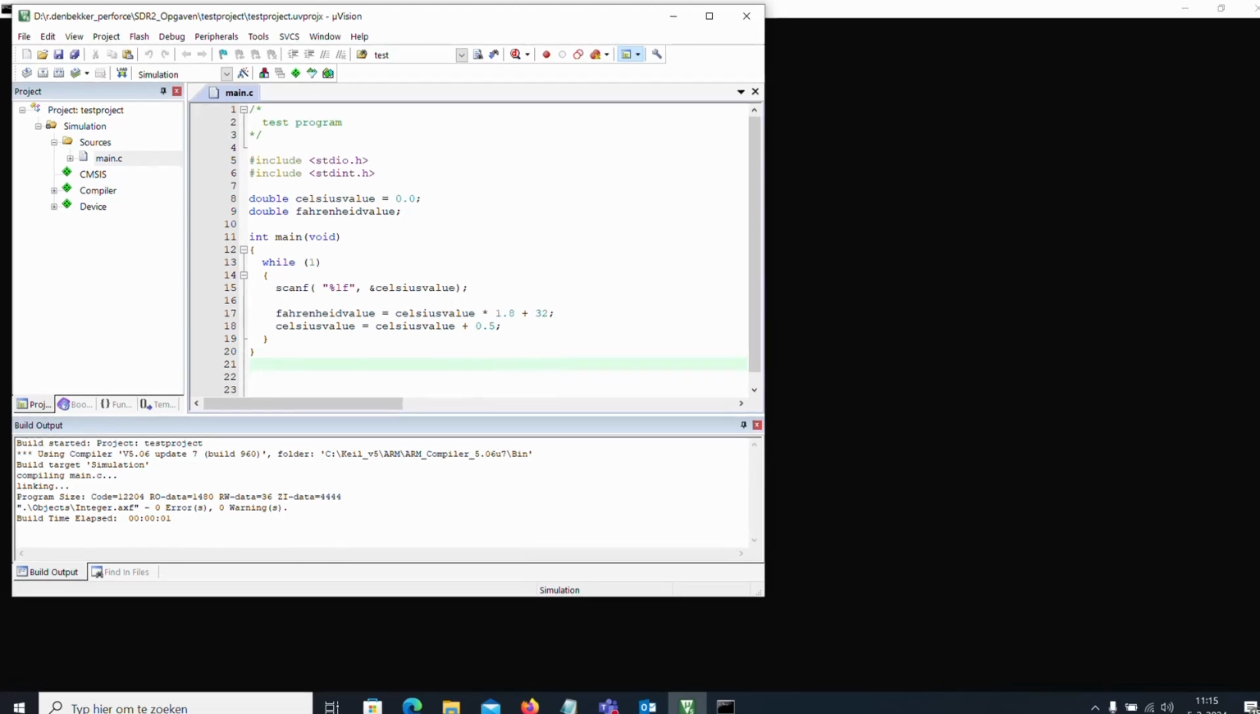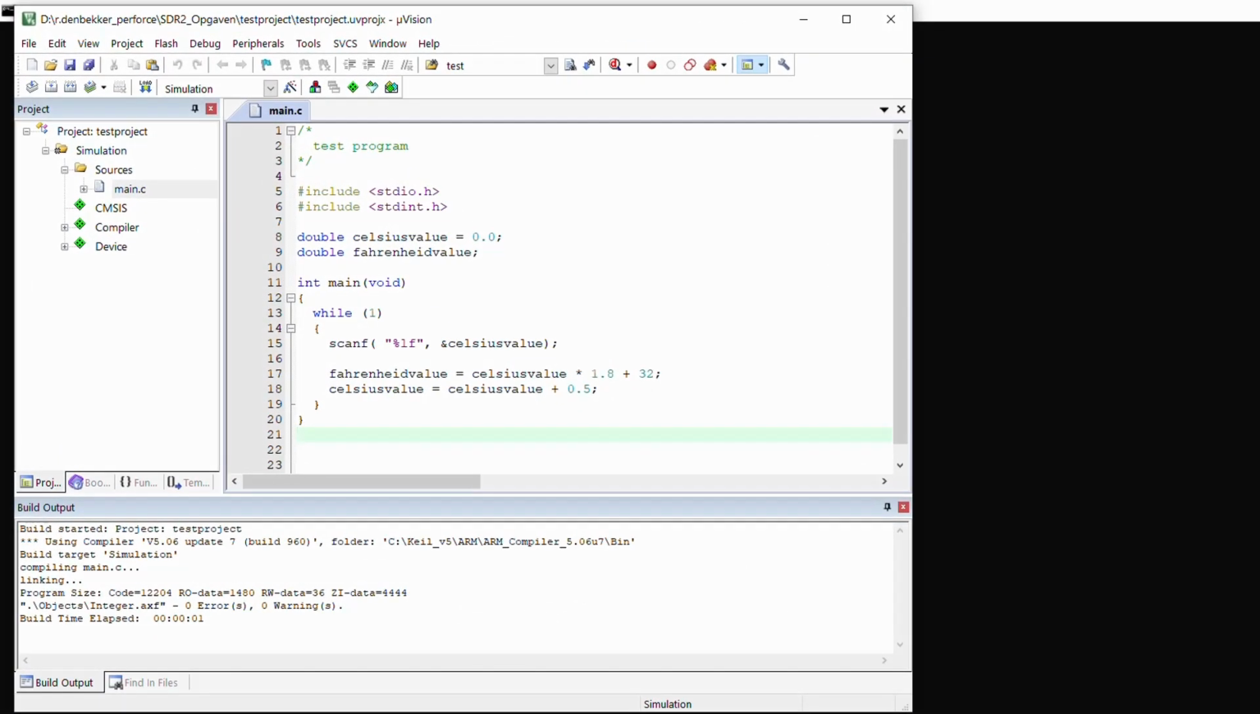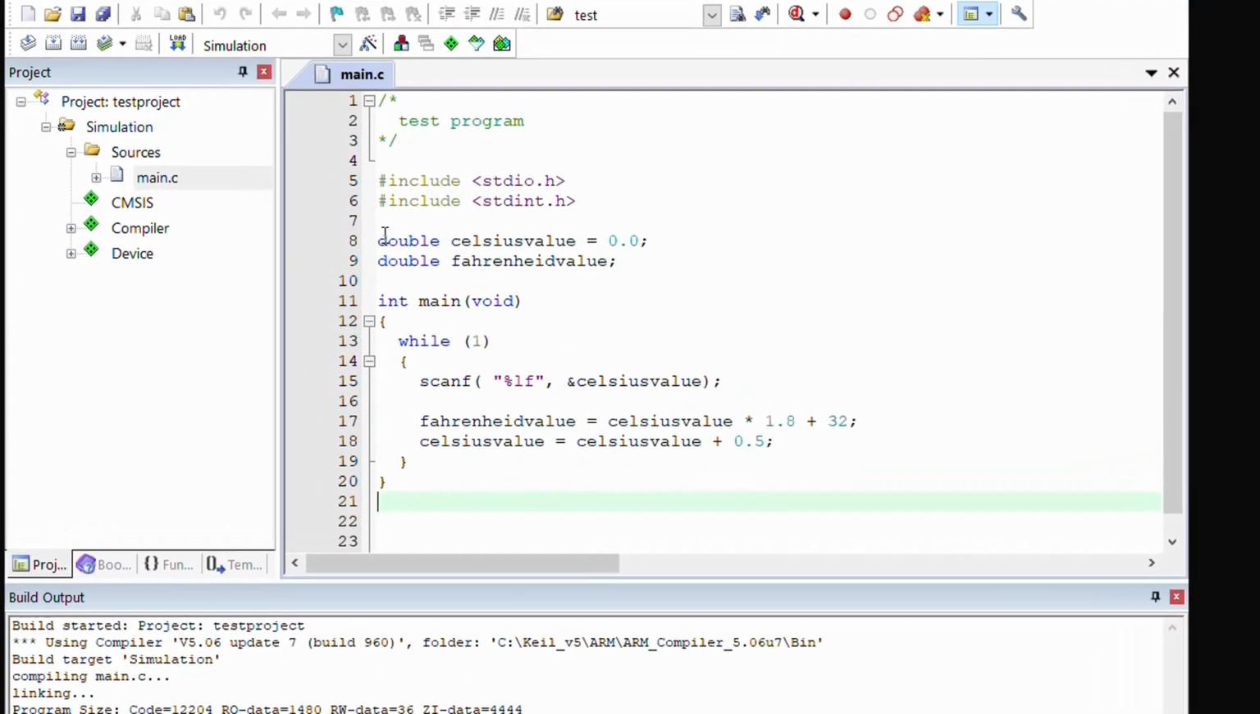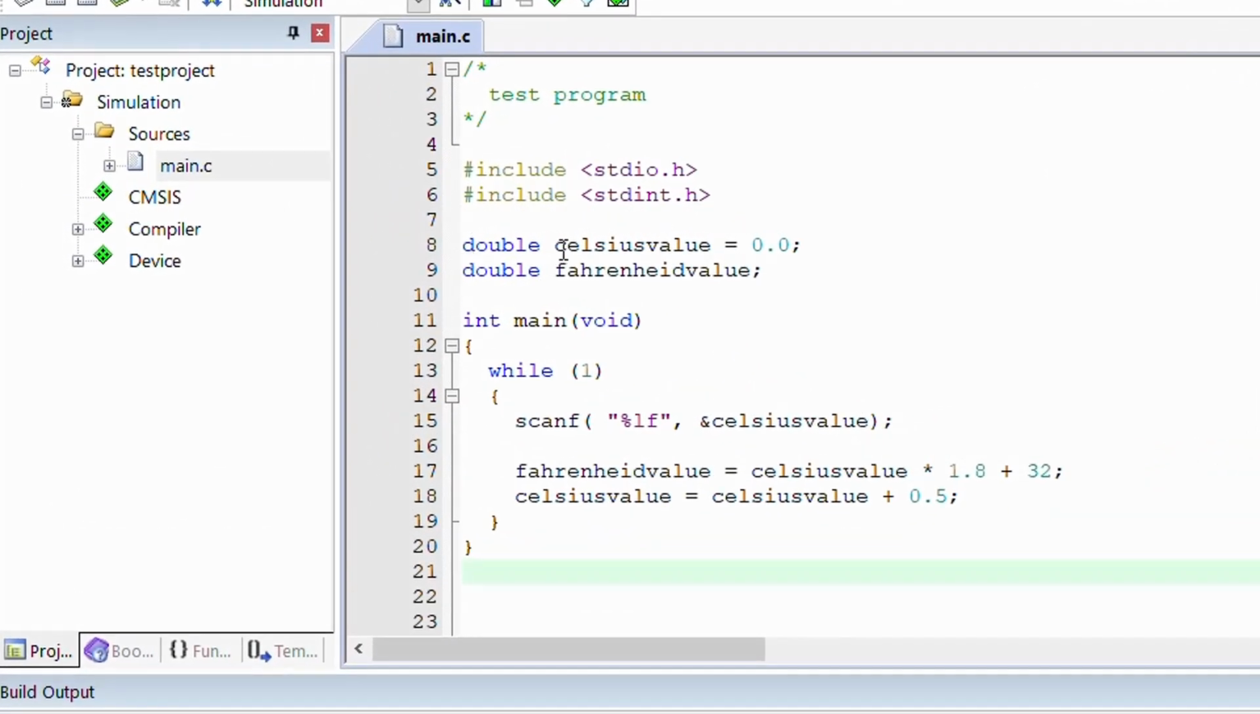Welcome to this video about the scanf function that we are going to use at least during the first weeks of this course. You can start and open your test project that you have seen in the previous video when you started working with the Keil tools, and basically remove everything that's in that file and take over what you see here. So add these two lines, double Celsius_value = 0.0;